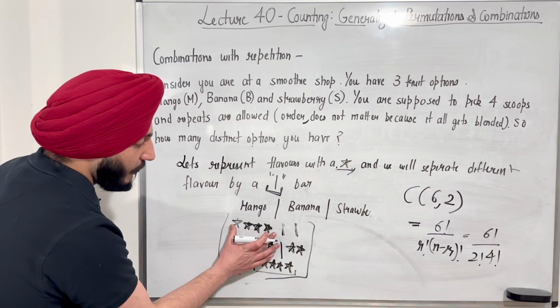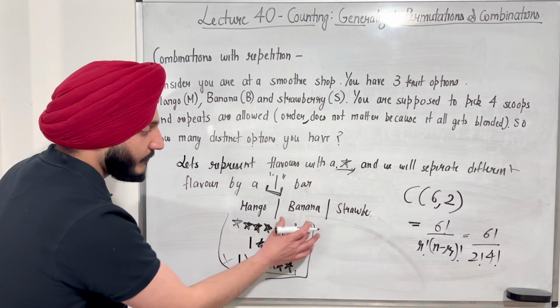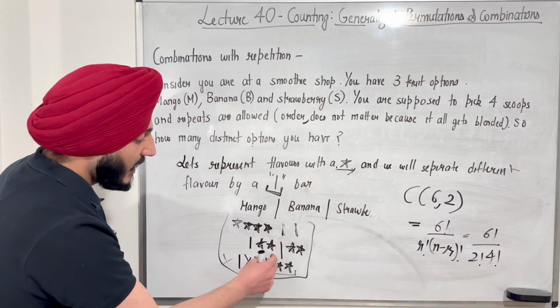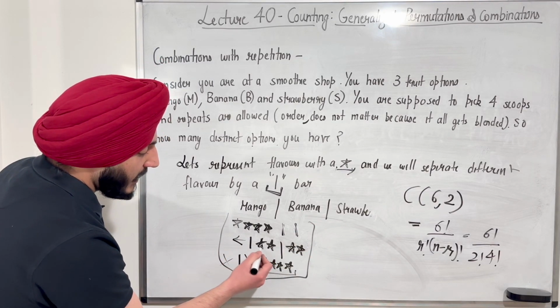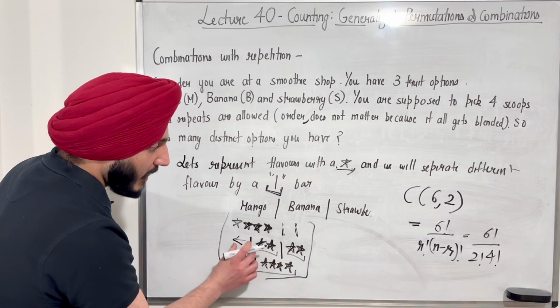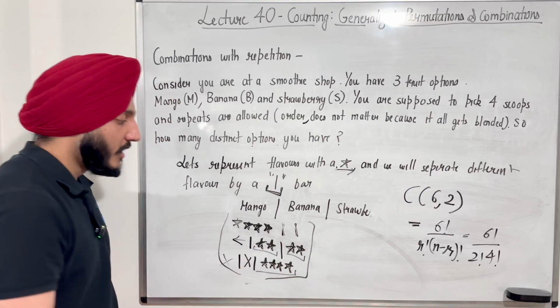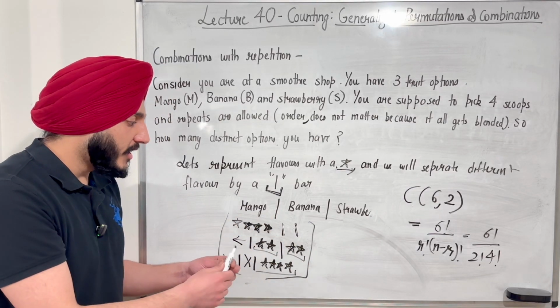So if I fill 4 stars and 2 bars at the end, that means I need 4 mangoes and no bananas and no strawberries. If I have nothing at the left of the bar and I have 2 stars in the middle and 2 at the end, that means I need no mangoes, 2 bananas and 2 strawberries. So what this equation really means is